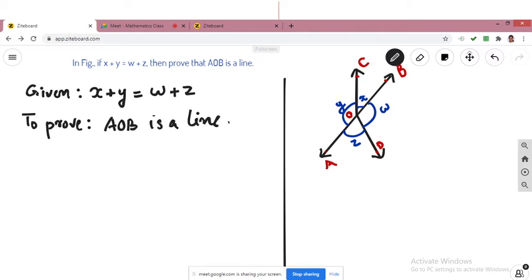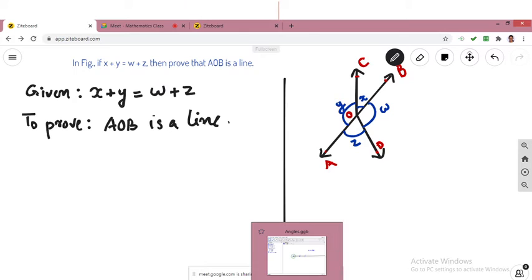Is everyone agreeing to that? Yes, ma'am. So can you tell me the reason, Lakshmi? Complete angle. Yeah, it forms a complete angle. So what is a complete angle? What is the measure of a complete angle? 360 degrees, ma'am. Yeah. So is everyone agreeing with what Swatika and Lakshmi are saying? Yeah, they are saying that the sum of all these angles is 360 degree, that it forms a complete angle.